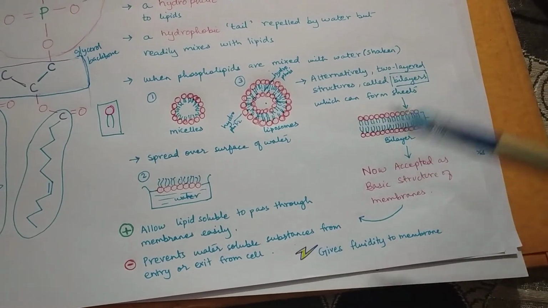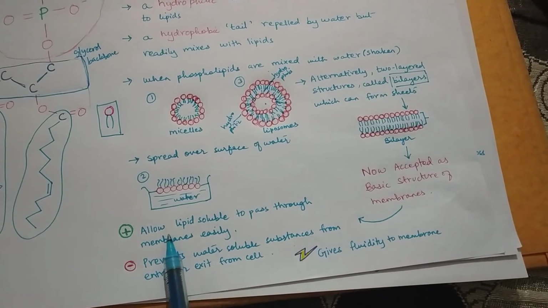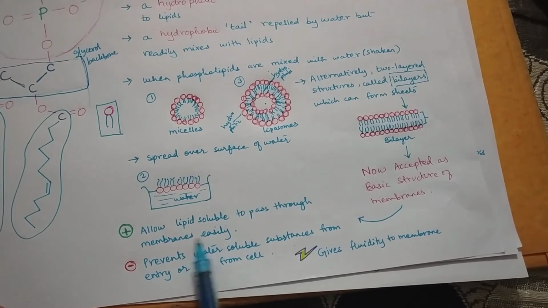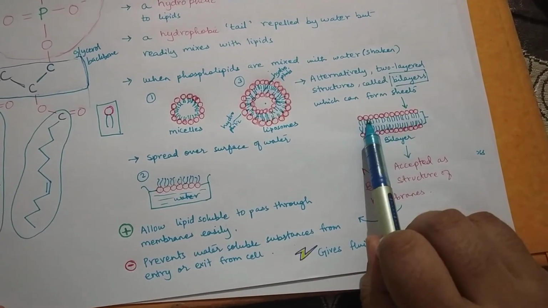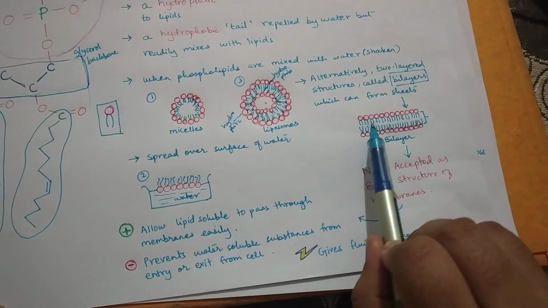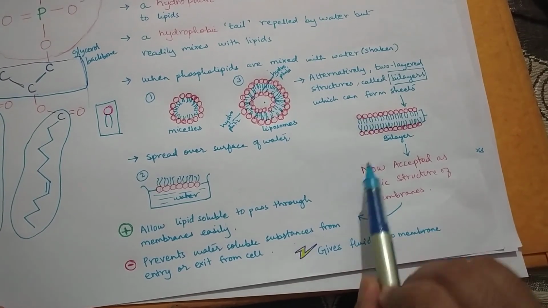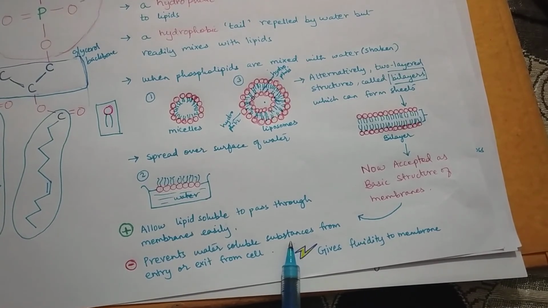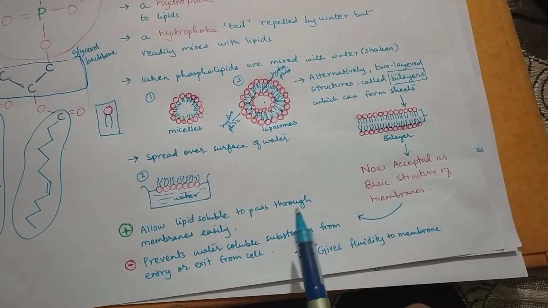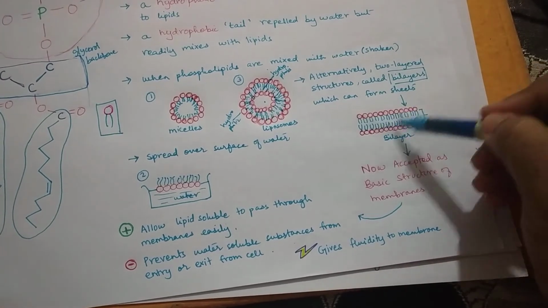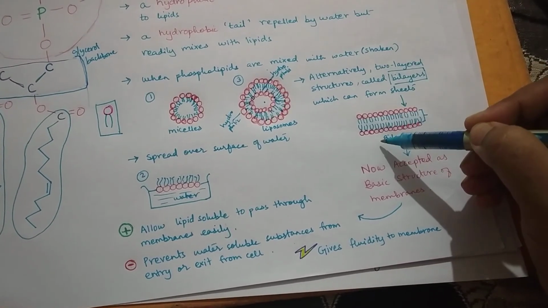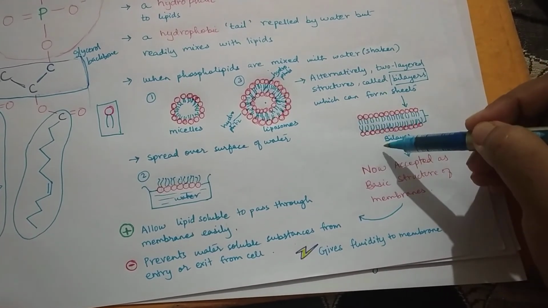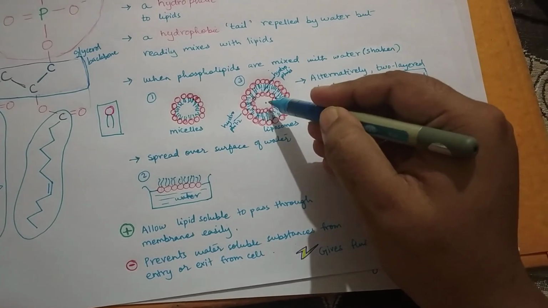That means that the cell membrane will only allow lipid soluble, meaning lipid loving molecules, to pass through easily, because like will attract like. So lipids, the phospholipids, will allow lipids to pass through, and they will prevent water soluble substances, which are polar, substances which can easily dissolve in water. The membrane will prevent them from either entry or exit. Let's say this is a part of a cell, they will prevent water soluble substances from entering or leaving the cell.